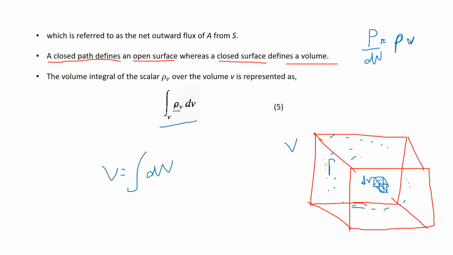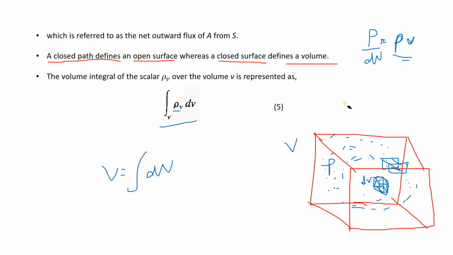So P is some parameter, suppose a scalar quantity which is inside this. Okay, so what will we do? We do not know the total volume, so we will take out a small part. Whatever density is outside will also be inside that box, because if we take a small volume, then everywhere there will be the same density. So P is constant, so P divided by that small volume will give you the volume density in that particular part. So if you take the volume density and integrate with this, you will get the